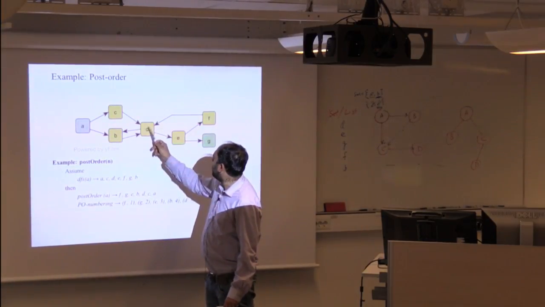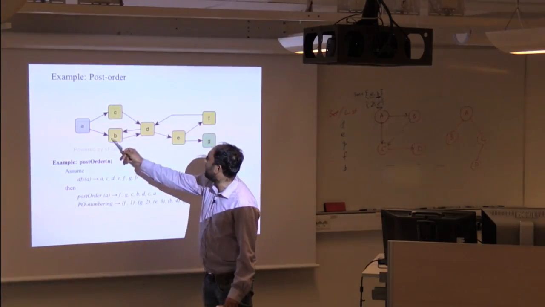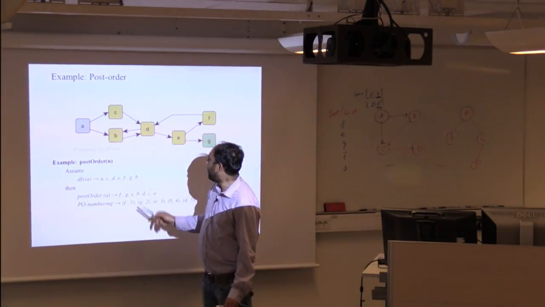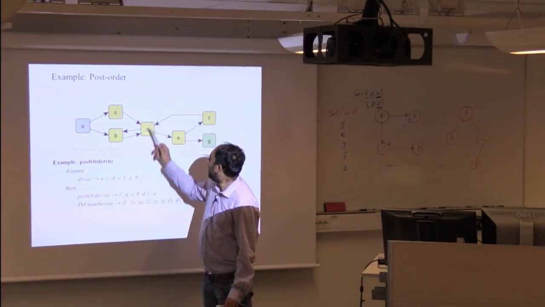In the predecessor we check, does it have any other successor? Yes, it has successor B, which we have not visited yet. So before D, we visit B, and then